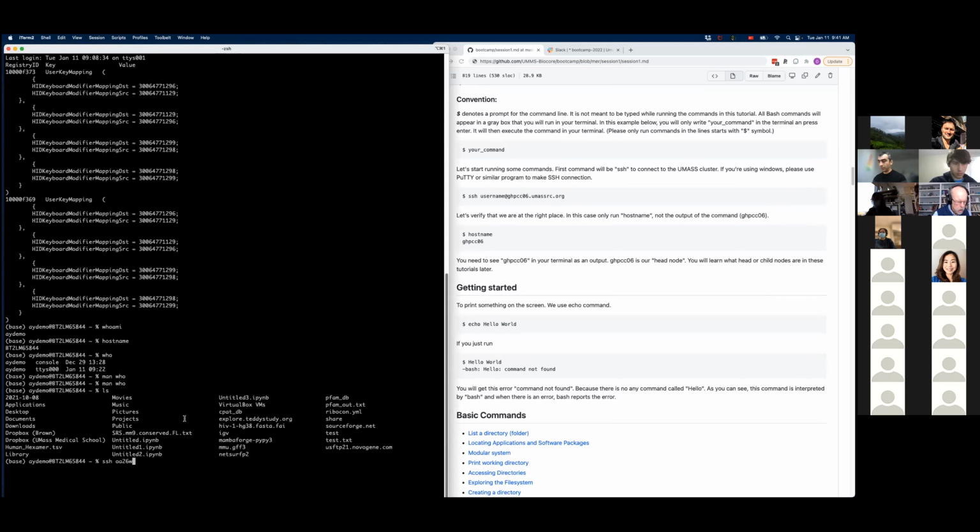Yours is probably going to be your initials, a 2-digit number, and then W for Worcester campus, and then @GHPCC06.umassrc.org. So what you type here is only going to be different here. Instead of OA26W, you are going to have your own username. And then hit enter.